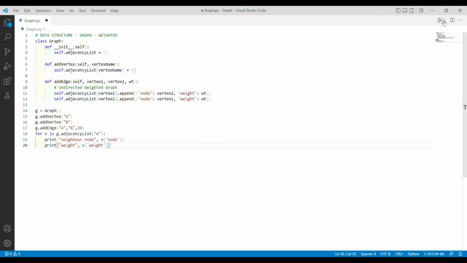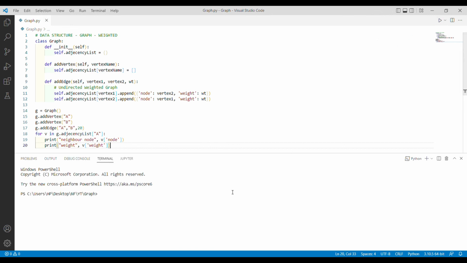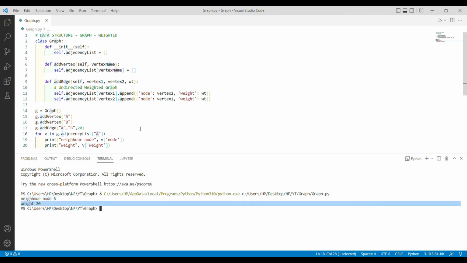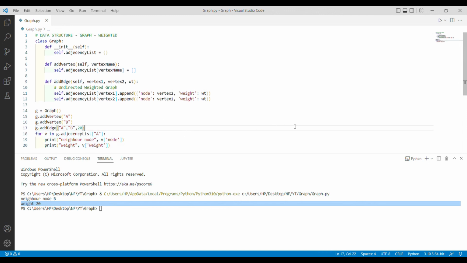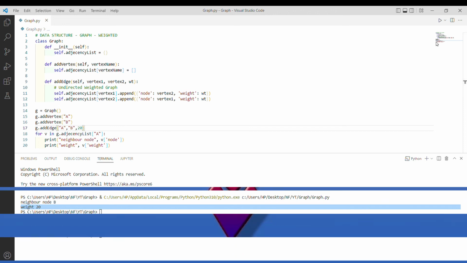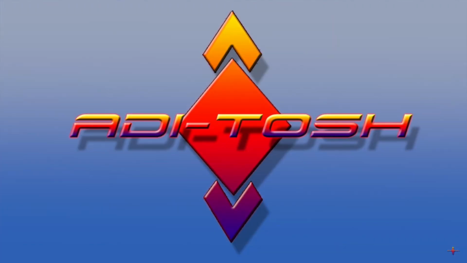And now I'll run the program. We have the output as neighbor node B and weight as 20. We iterated the entire list, but for A, the only neighbor that A is connected to is B, and the corresponding weight is 20, and that got printed on the screen. So that is how the weighted graph works, and the adjacency list makes sense while interpreting the